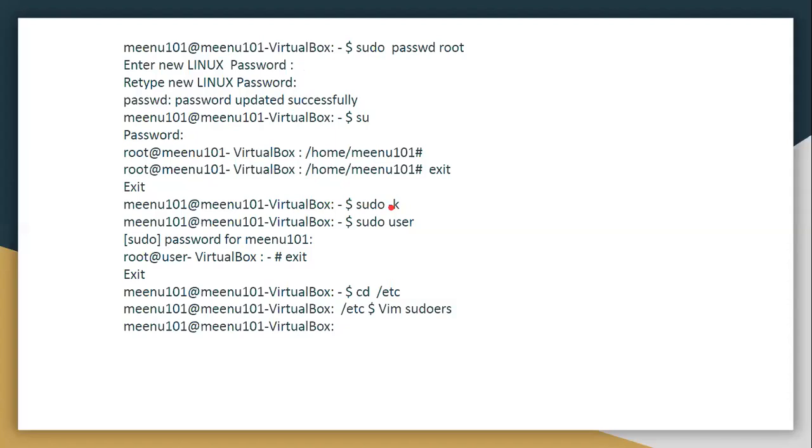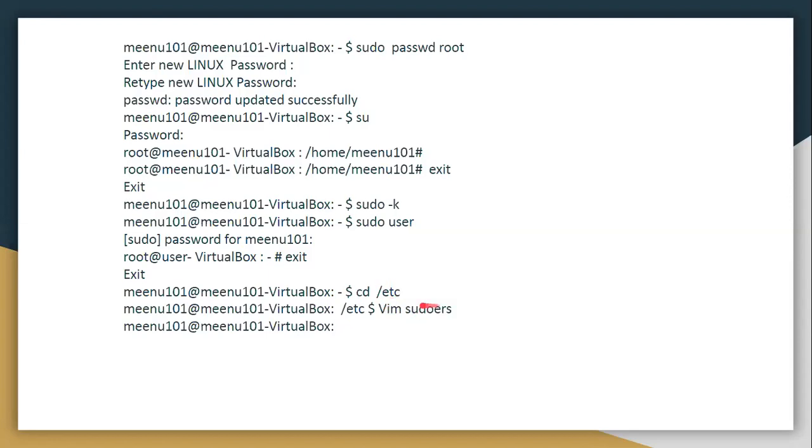If you don't want it to directly move to another root account, you can go for sudo -k. Similarly, if you want to see the folder, for example, I am logged in as Minu101. I use the command cd and I want to change the directory. For example, /etc is a default system folder. Fine. If I want to see that folder, it has the password details, and the super users' details also.